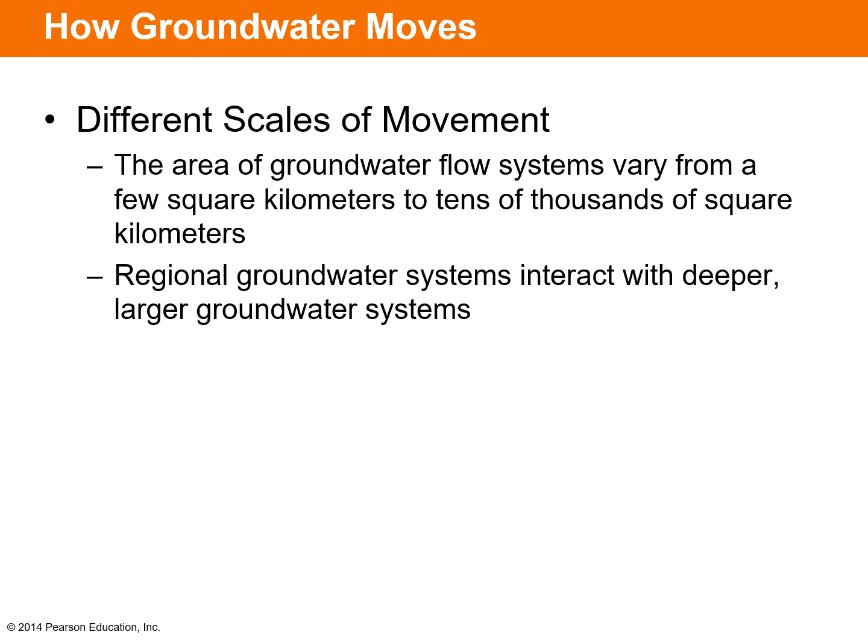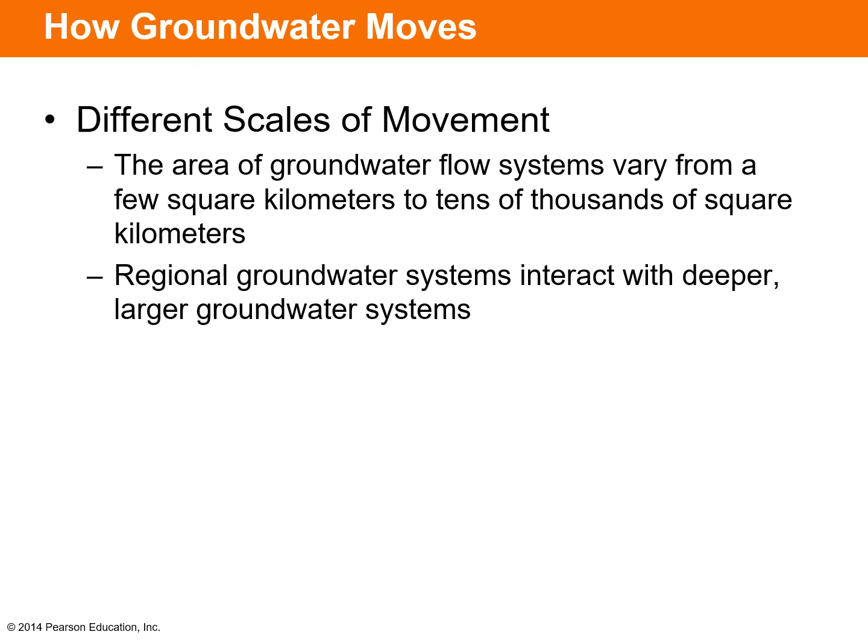So one really important thing to keep in mind when you're thinking about groundwater systems and their connection with surface water systems is that groundwater moves in different scales. So the area of groundwater flow systems varies from a few square kilometers to tens of thousands of square kilometers. A few square kilometers might be a really small catchment, like you go up into the Boise foothills and you see a tiny little stream that maybe flows for a few months out of the year. That would be a small groundwater flow system